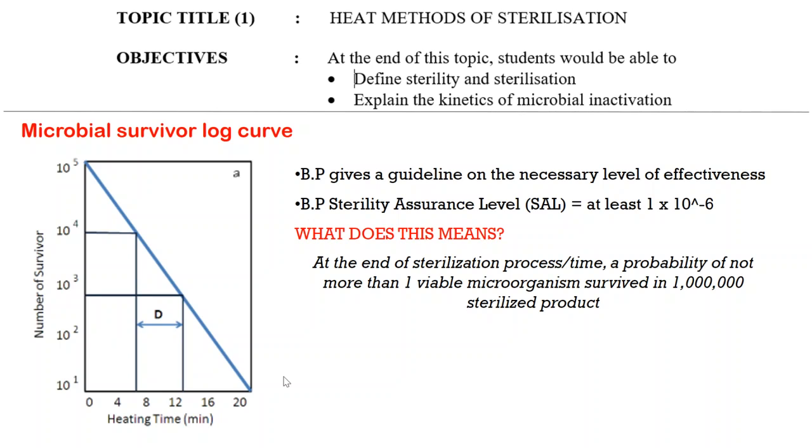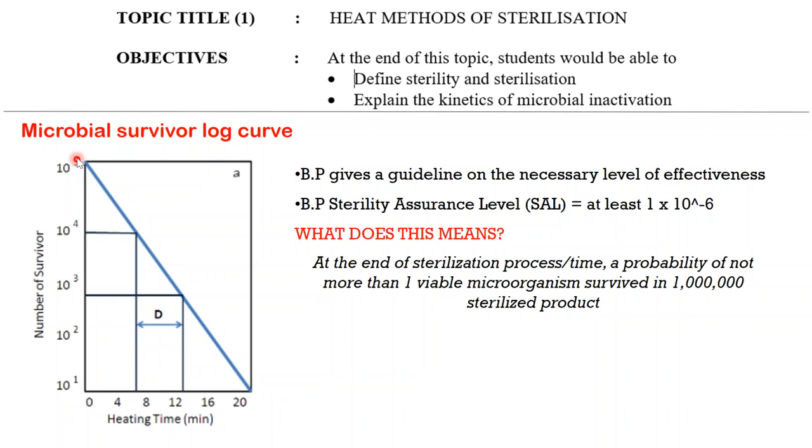This one microorganism is allowed to be there, but this also means that the process has to be very efficient to prevent the presence of more than one viable microorganism. As an example, if you refer to the microbial survival log curve,